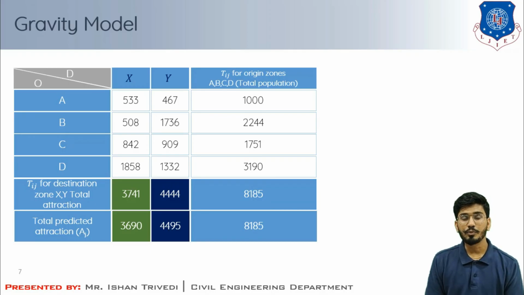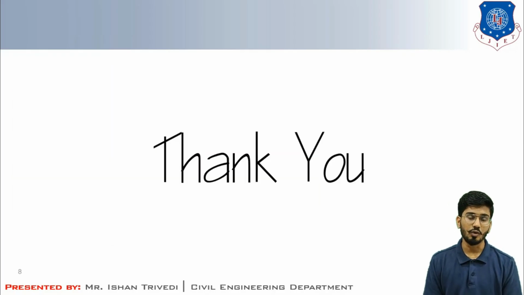So you can compute a third iteration for adjusting those attractions, and you can make a more accurate trip distribution matrix by this parent equation. But in this case I am just finishing here with our second iteration, because I have achieved the nearest values. For now I am ending this session here. I hope you have learned enough about how to calculate the trips between two zones by the gravity model.